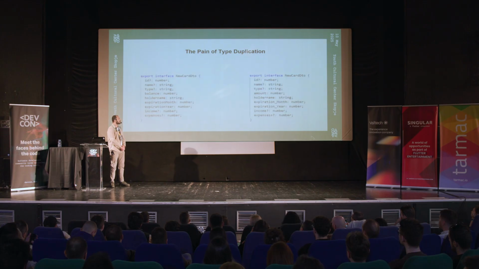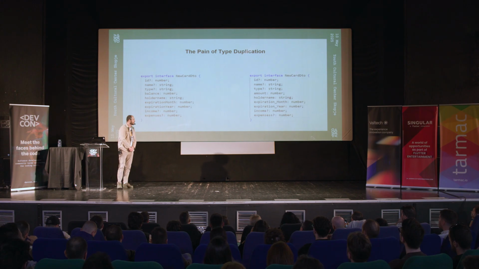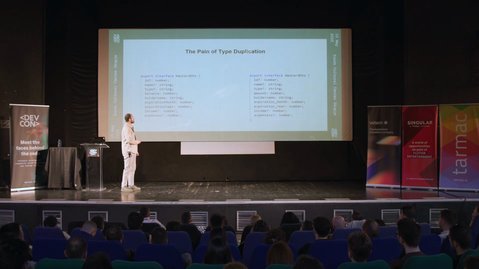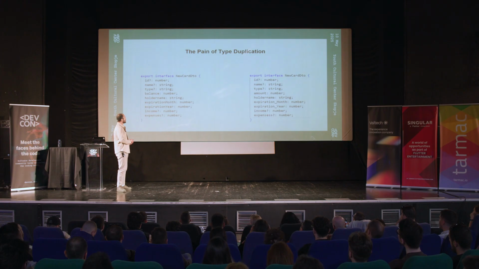Okay, let me try this. So here I have two models which represent the front-end model and the back-end model, if you can see right here. And although it's the same exact model, which is a new car DTO,